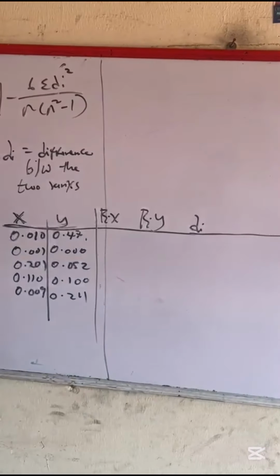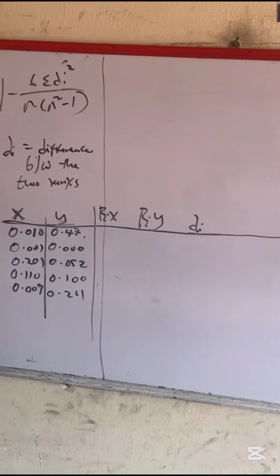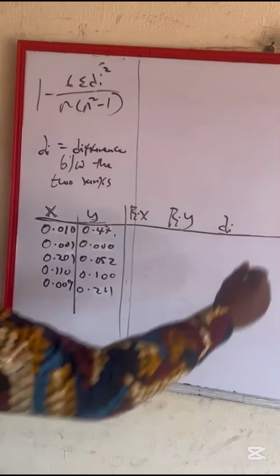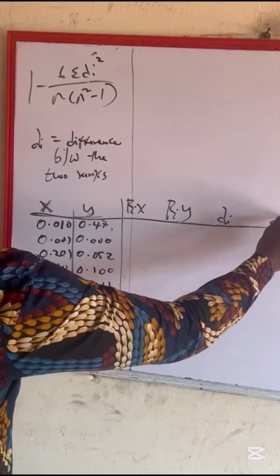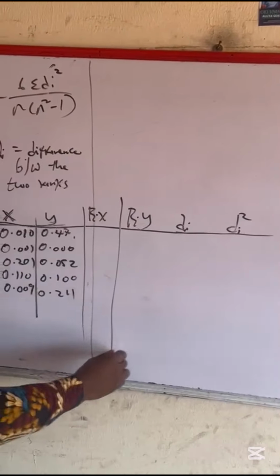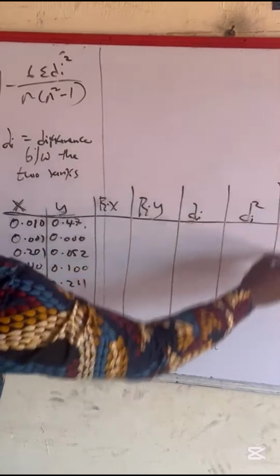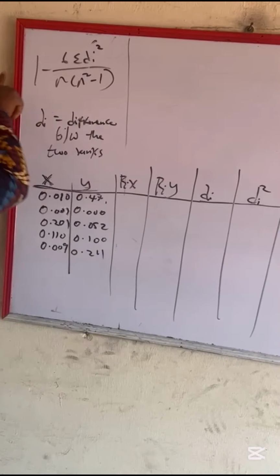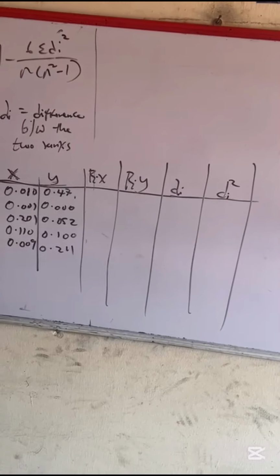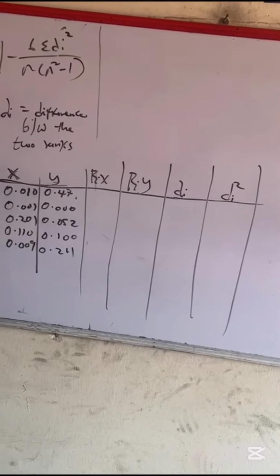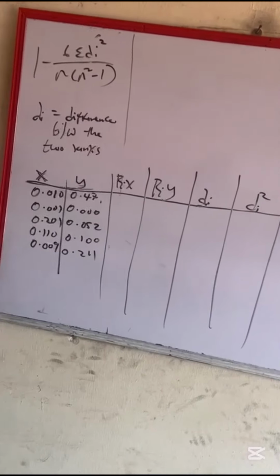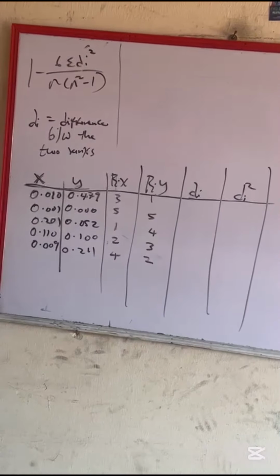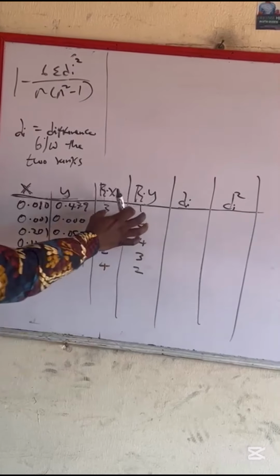Now finally we are going to create the last column, which is the column that necessitated this formula, which is di squared. So we have di squared. So we have this as required. Okay. So from the ranking that we did, all right, these are the ranks that we got,